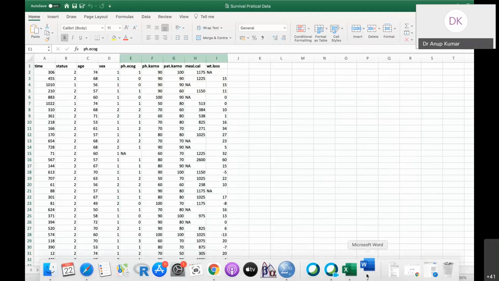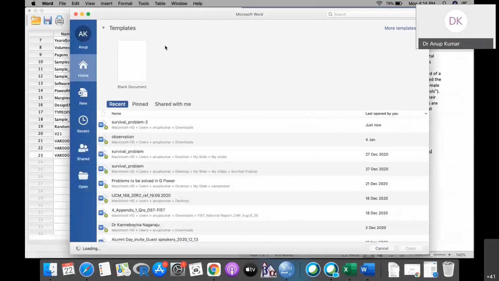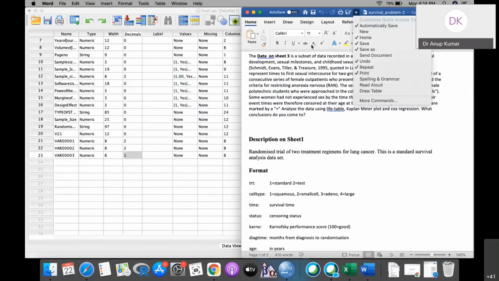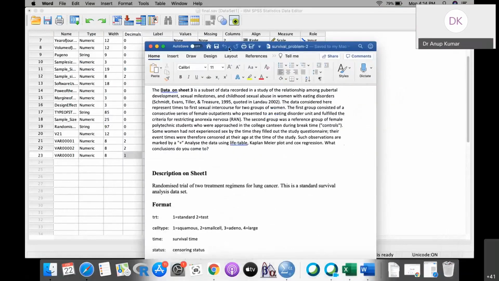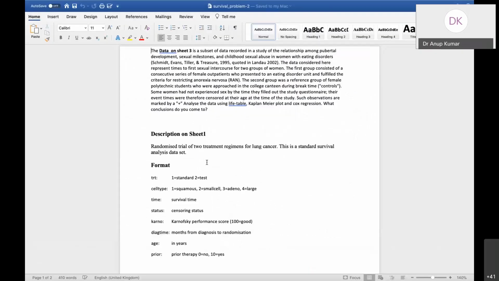Let it open, so let us have a view of this also. This is the Word file.